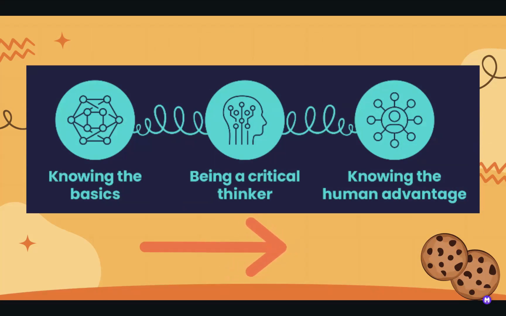But then we have to build in that critically analyzing piece of that. Is it true? How do I fact check this? How do I really know if the information that it's giving me is right? How do I know if this is real or not, what it created? So we have to be the critical thinker. And then that allows us to move to that next piece where we know how we can use it with our human brains and pull those two together to really create some awesome things.